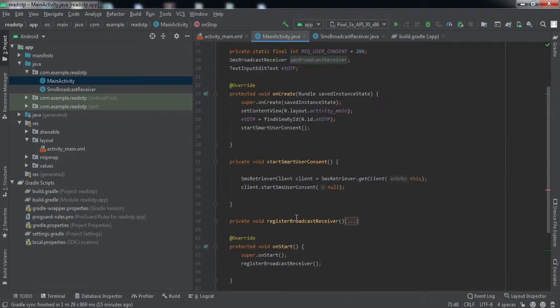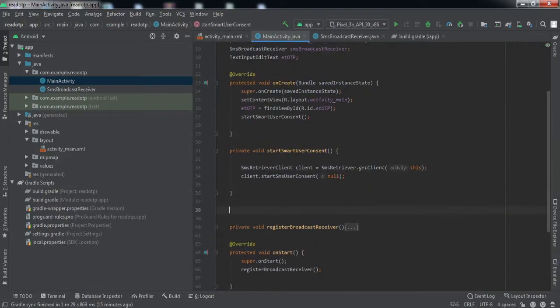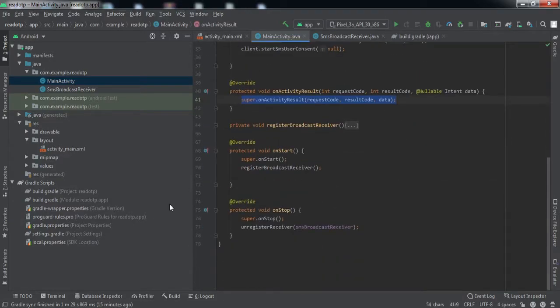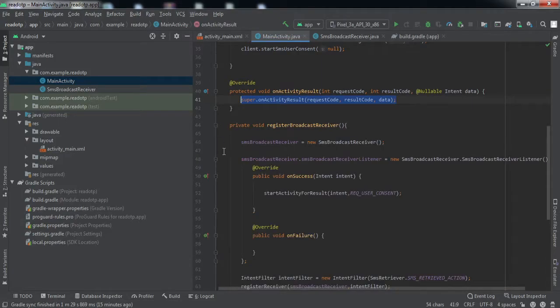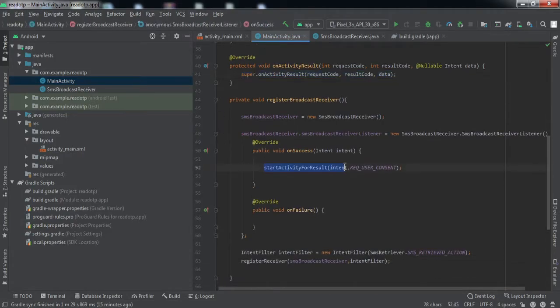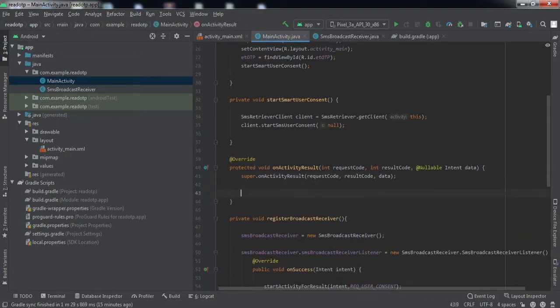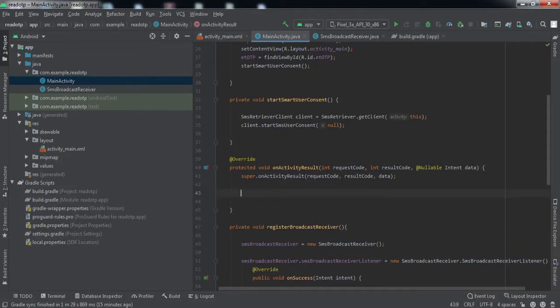Done. So let us override another method, that is on activity result. If I can just show you here, we have called this start activity for result. So this callback method will be called once we get the result for our request, right?